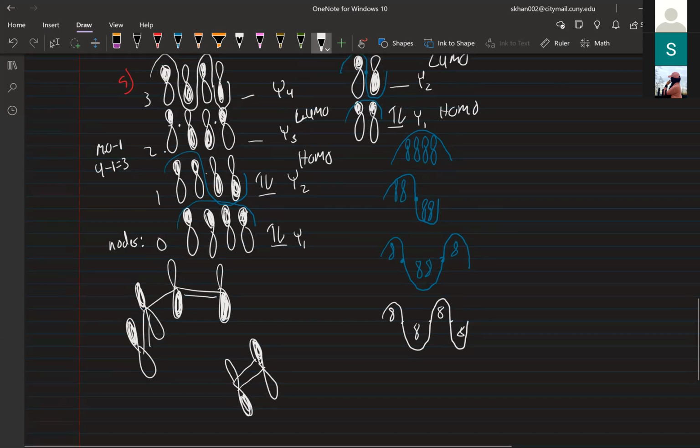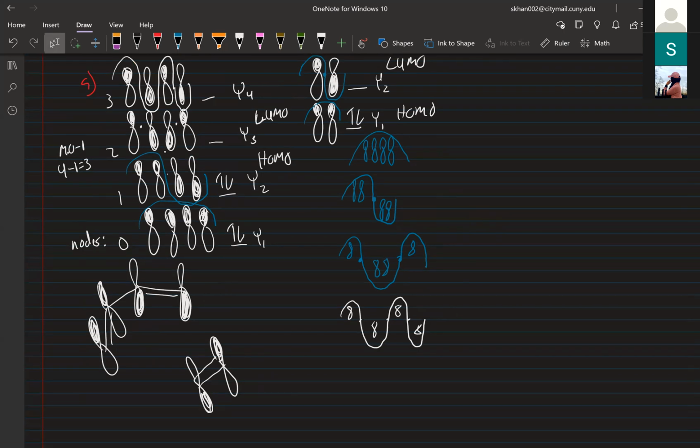It doesn't matter, the orbital is still the same. One is in phase, one is out of phase, just seen from the other side. But I didn't rotate any specific orbital. I didn't break any bond. I just changed the face of the molecule. So now if you see,